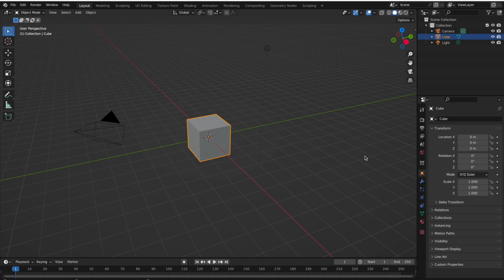I just have the factory settings for Blender set up here. It begins with a cube at the origin. We have a camera, we have a light. This is just the way that my scene opens. We are going to familiarize ourselves with what these objects are and just the preliminary parts of them and beginner